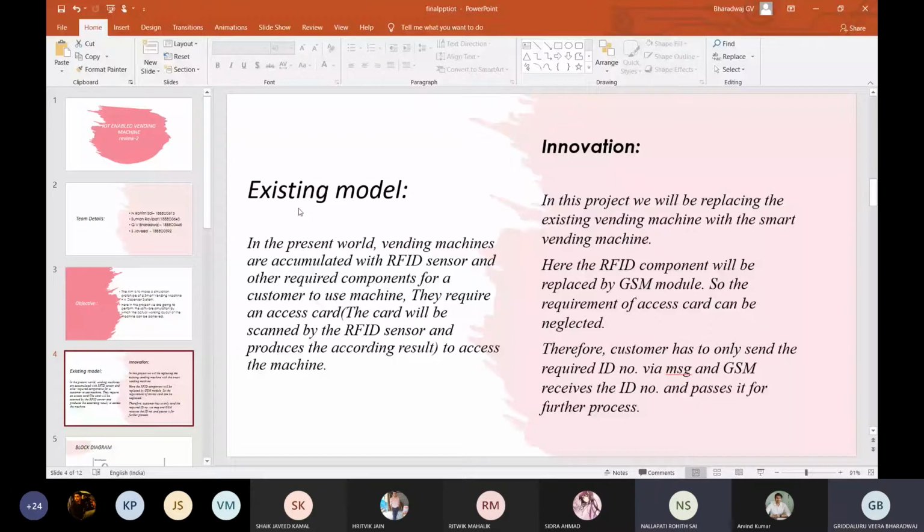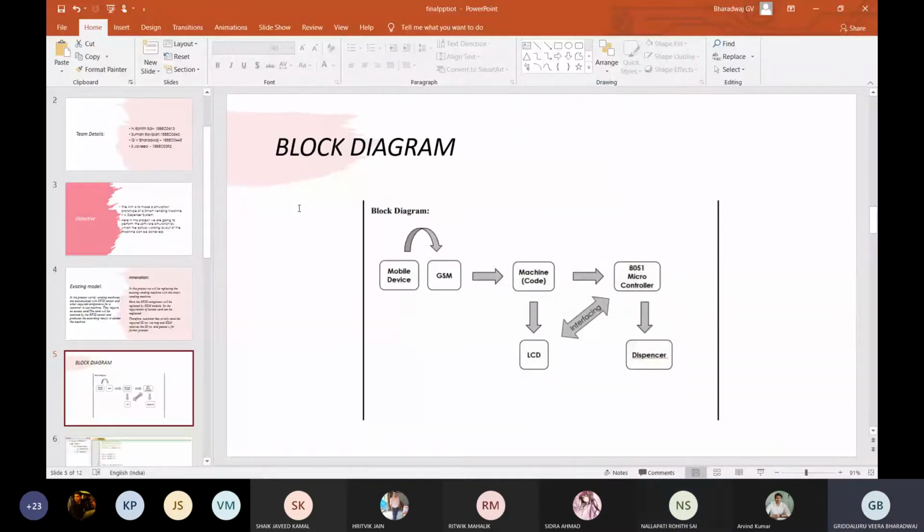And coming to the code, Bharadwaj will show you the code, sir. Before that, Suman will explain the block diagram. Sir, block diagram, sir. Using a mobile phone, we'll send a GSM signal to the machine, sir.